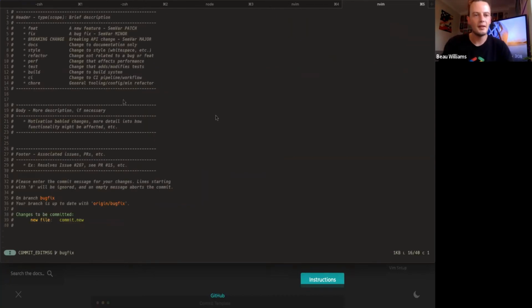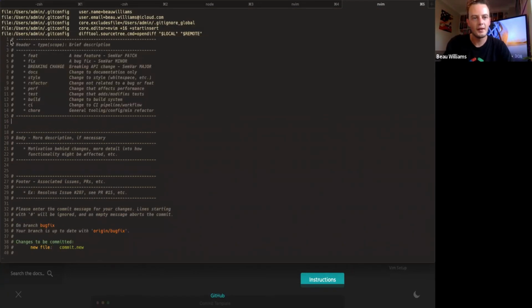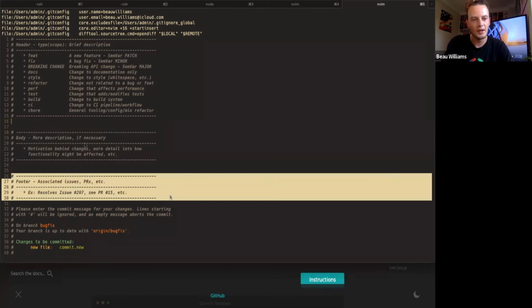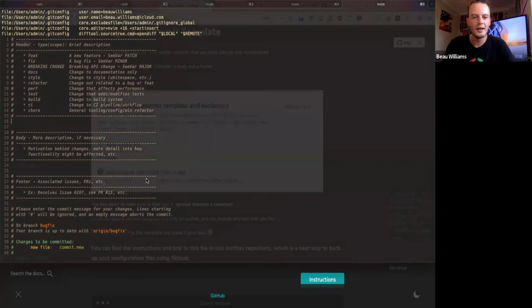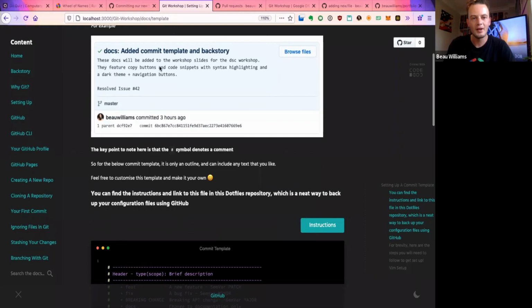Now what pops up here is we get this awesome little thing that's going to offer us all of these little suggestions. It's going to help us format it with a body, and it's going to help us format it with a footer. Every time we write a commit, we're going to get this popping up, and it's really awesome because it allows us to write very professional commits like this one right here, where it's got a heading, it's got a body, and it's got a tag or some kind of little bit of information, such as it resolved issue number 42.